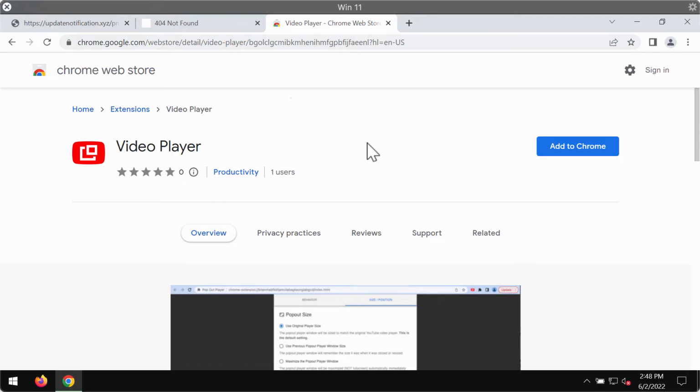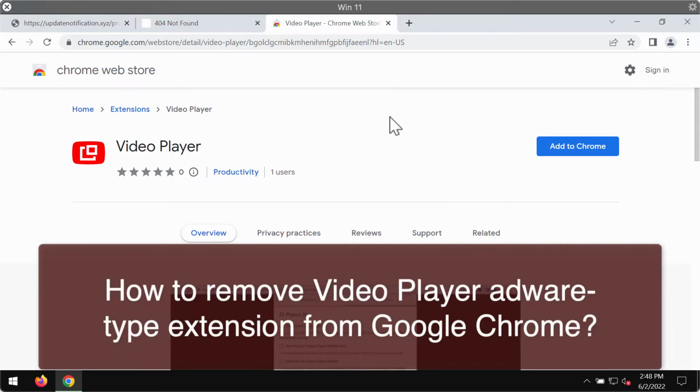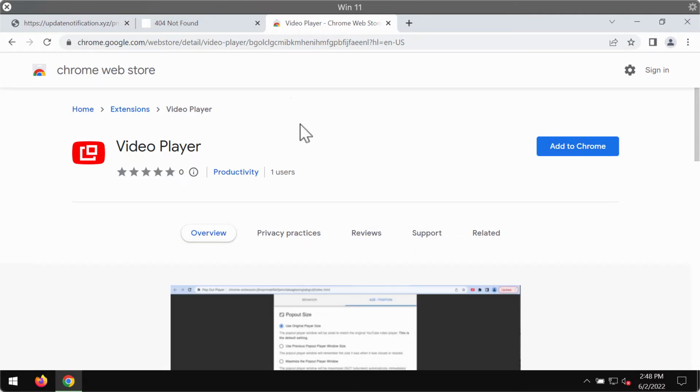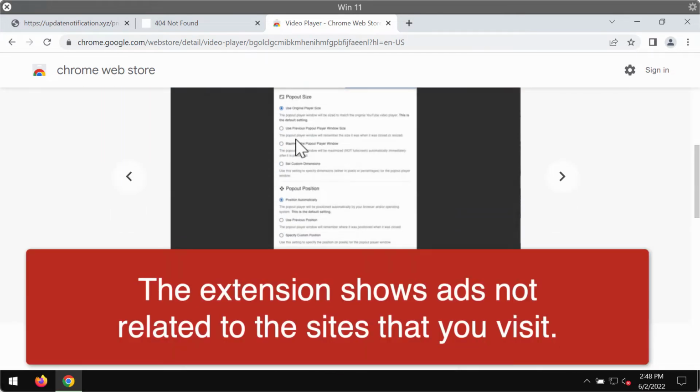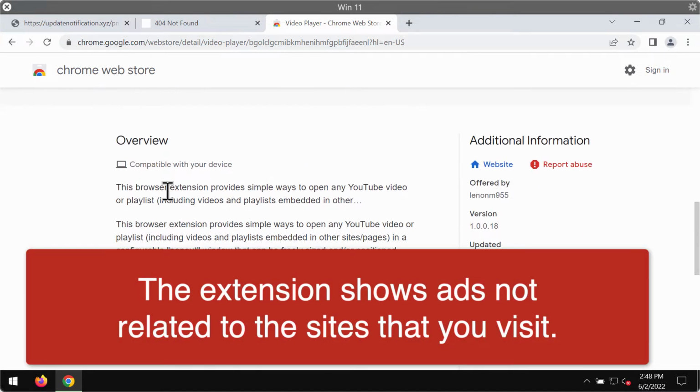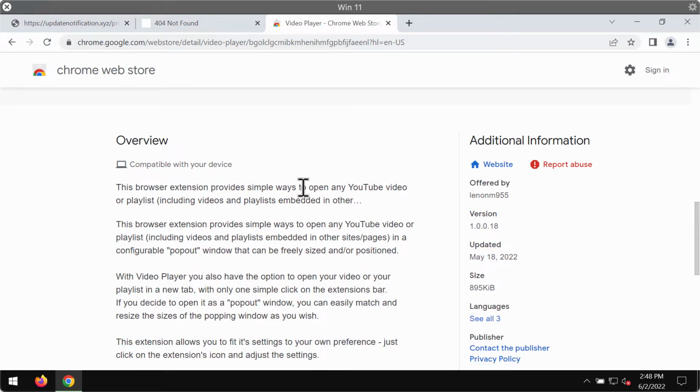My video guide will provide you with detailed instructions that will help you to get rid of the unwanted browser extension called Video Player. Video Player is a special extension designed specifically for the Google Chrome browser. The developers of this browser extension claim that it provides simple ways to open any video or playlist